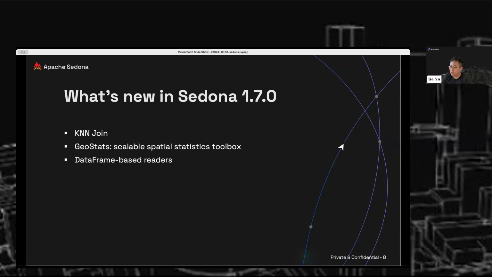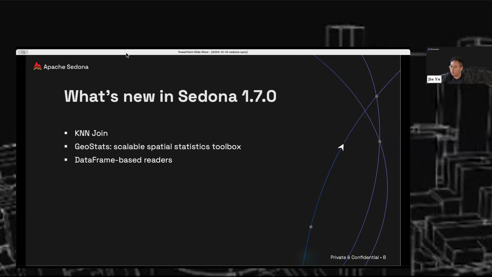Another one is GeoStats, a scalable spatial statistics toolbox that allows you to perform statistical analysis on spatial data. You can perform many interesting analyses, and James will later give a very detailed explanation of what